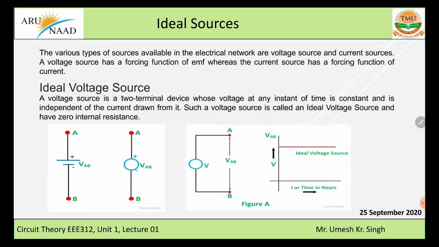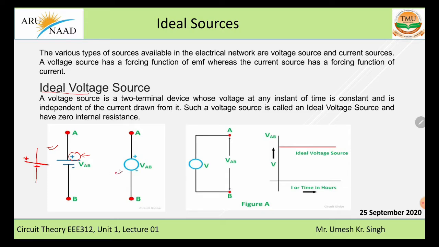Now coming to the ideal voltage sources. What is the ideal voltage source? First of all, representation. We have seen a DC voltage source represented; it can also be represented like this. One terminal is longer than the second one, and this one is always considered as positive. Even if this plus is not marked, we can still consider it as the plus terminal.